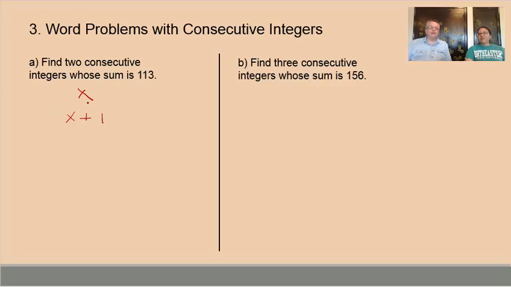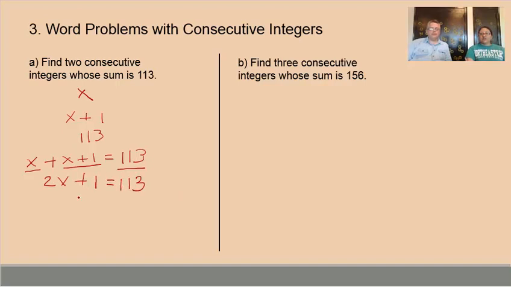And now we have whose sum is 113. So if we put that together, the first x is the smaller number, and x plus 1 is the next number, and they're supposed to add up to 113. Now we can just combine like terms and solve. So we have 2x plus 1